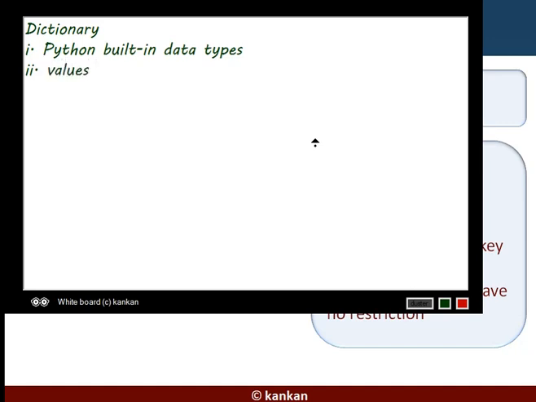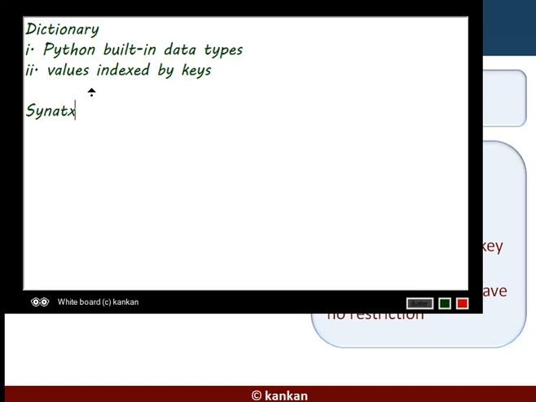Values are indexed by keys. In Python, a dictionary is a sequence of key value or item pairs separated by comma.